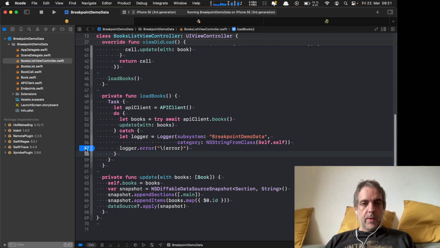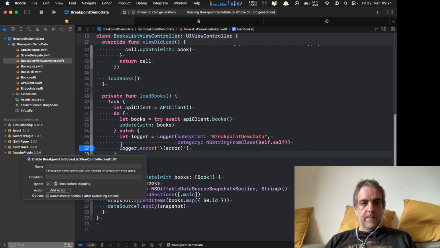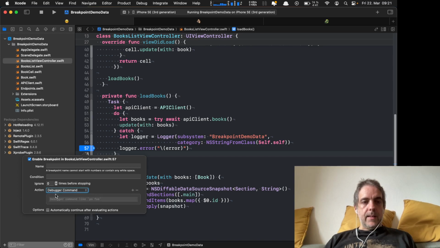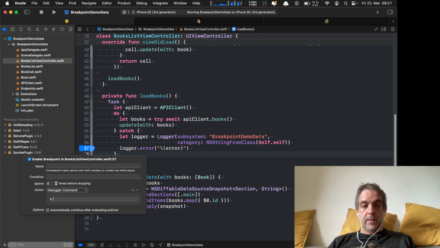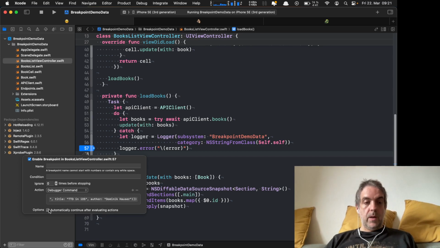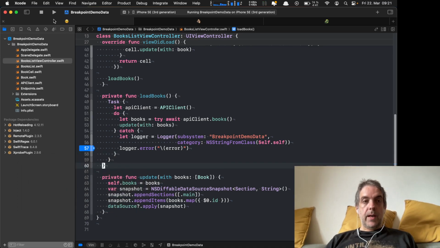And then I add a breakpoint at this line, and I add a debugger command. The debugger command is E for execute, and then we add the code we just copied. So we call update with one book in this code here. And then we check the option to automatically continue after evaluating actions. And if we do that and run the application again,